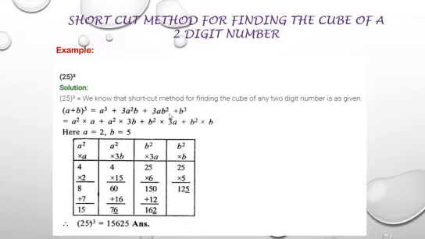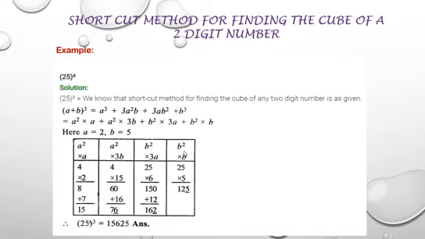Now we will write this formula in a tabular manner. In the first row we will write a cube, a square, b square, b cube. Now start from here. Here b cube is given. Already we have written b square. Now what is left? Only b, so multiply with b. Here it is written 3ab square. Already b square is written. What is left? 3a, so write it over here, into 3a. Then a square. What is left? Into 3b. A cube is written. Already a square we have written here, so what is left? Into a.